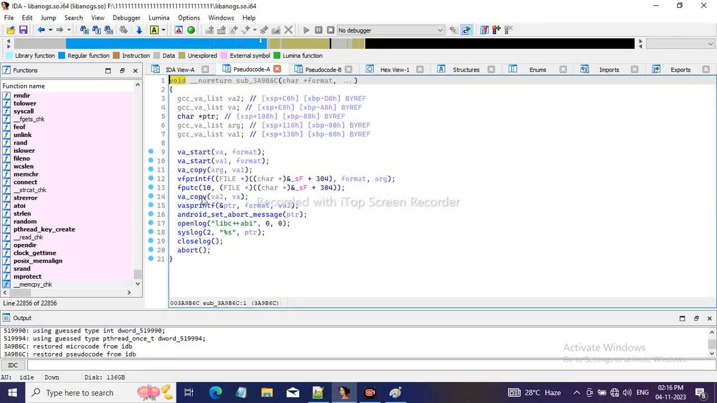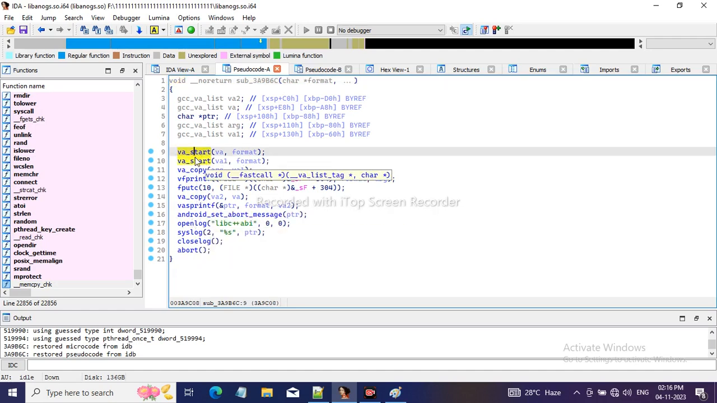Okay, we need to select this sub. After selecting this sub, you will get another sub, because this is already connected to libc. Okay, this is a system log and open log. This is a log file. We need to go and block it, but we can't go here. If we want to block this, then you need to select anyone, like